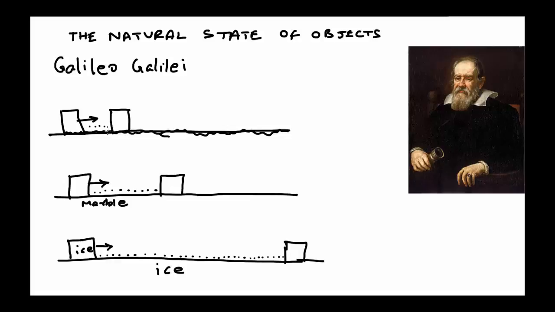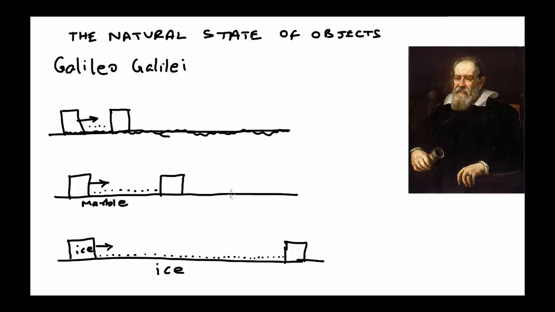So what's happening that causes the change in this behavior? Well, the roughness of the surfaces or the smoothness of the surfaces impacts the motion. And the rougher the surface is, the box stops sooner because the braking effect is stronger. And the smoother the surface is, the box slides a lot more because the braking effect is not as strong. All of these observations fit our common sense as well.